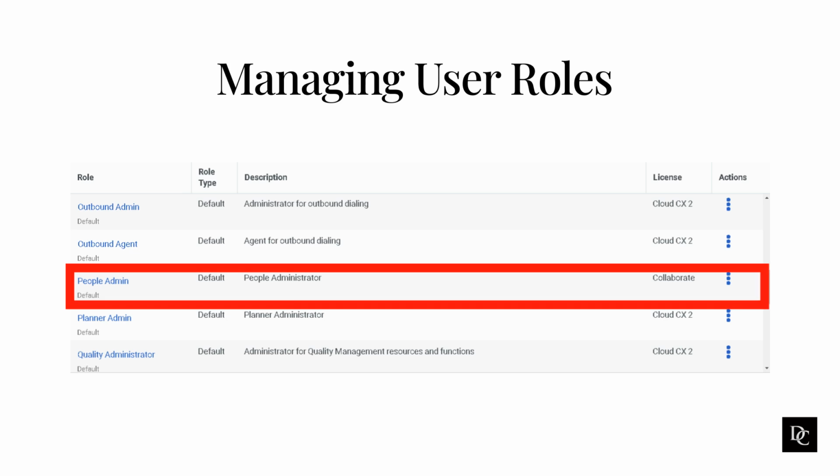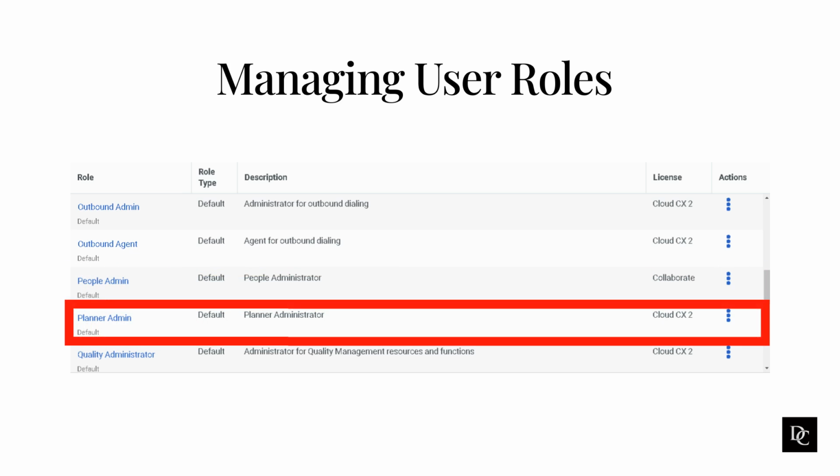users permissions and roles. The planner admin role allows the user to determine the number of agents and associated skills needed for proper staffing and to plan work schedules to ensure that staff is in place at the proper times throughout the day and week to meet performance objectives. Managing employee time and adherence to ensure that staff is in place at the right times to meet the performance objectives. It also allows for monitoring and analyzing to make adjustments to ensure the team meets objectives in real time